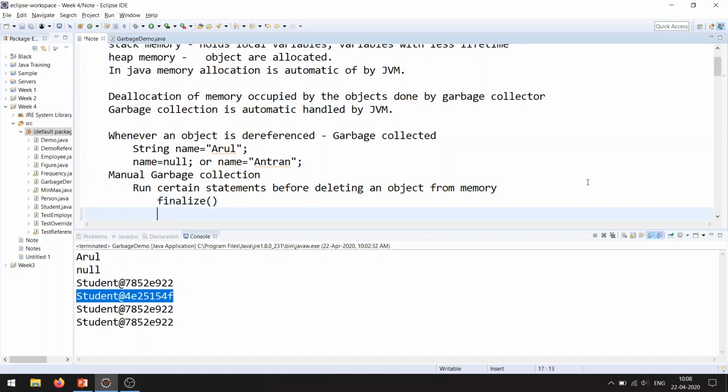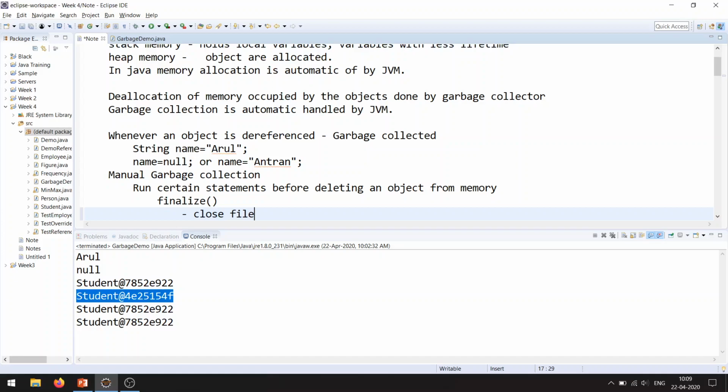So the possible statements we are able to write inside the finalize method: you can close the file handle. For example, if you are working with a file, you are reading data from the file, and at some point of time you want to delete the object of the particular file handle.